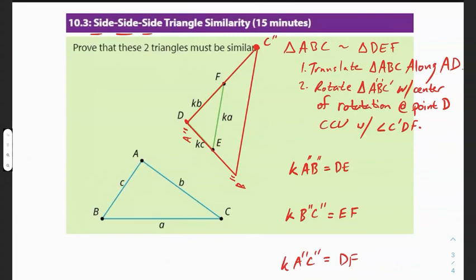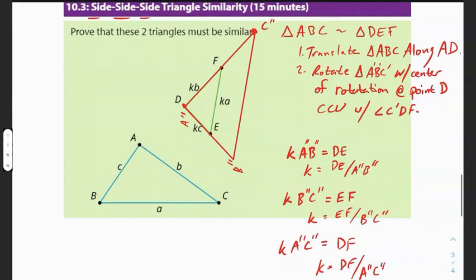So let's do the math real quick. Just so you can see what I'm talking about. And this is a proof. Okay, so that's why we're using letters instead of numbers. I know some of you are like, where's the math? This is the proof. Okay, the proof basically acknowledges or verifies that the math all makes sense. Okay,